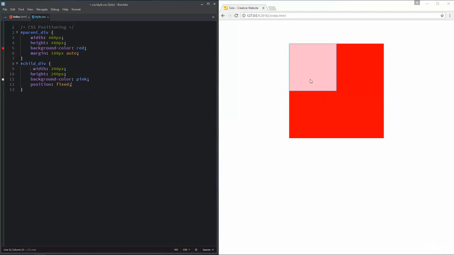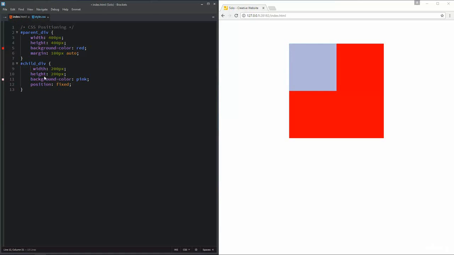We see that the child div is back in its static position where it would be without any CSS positioning. But if we scroll, okay, we don't have much content to scroll this web page. I need some scrolling. Let me add some temporary space so we can get the scrolling.